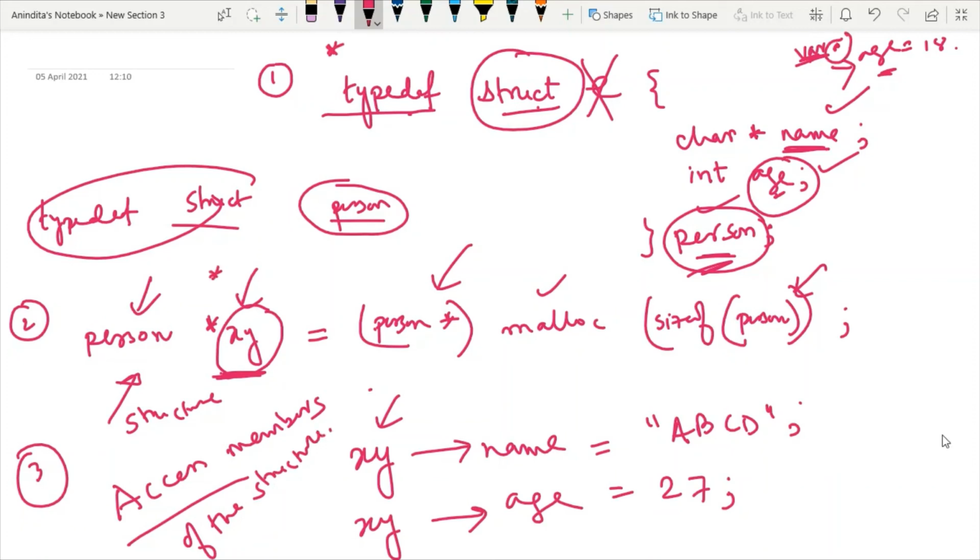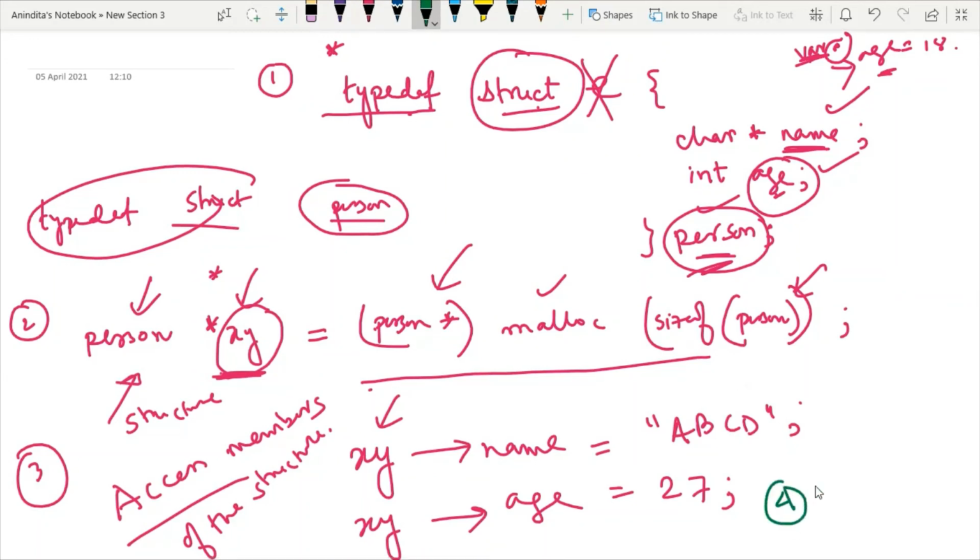So why are we using dynamic memory? Try to understand. The main benefit of using dynamic memory is that I can delete the memory, or I can free the memory. Whatever memory I have allotted, I can free it after using it. But I want to explain one more point.